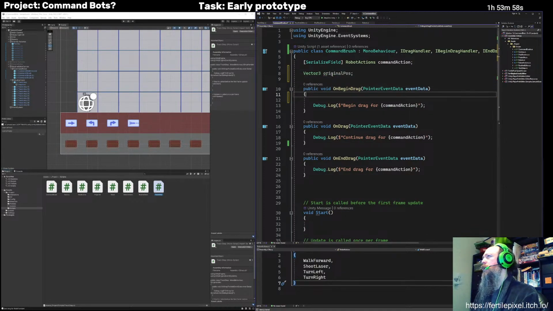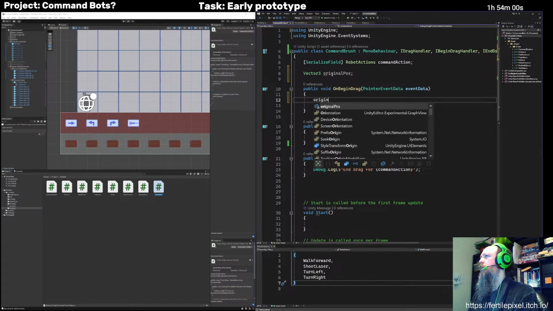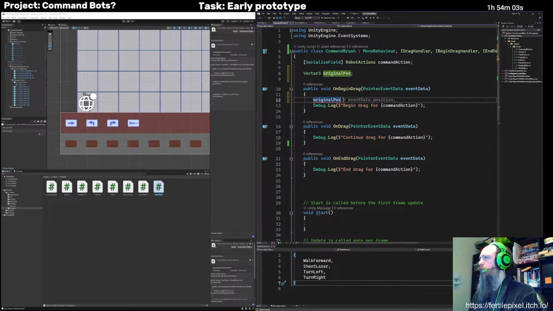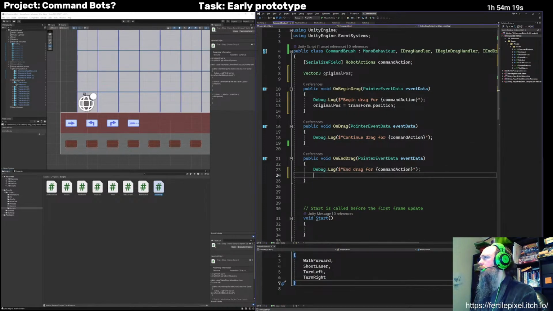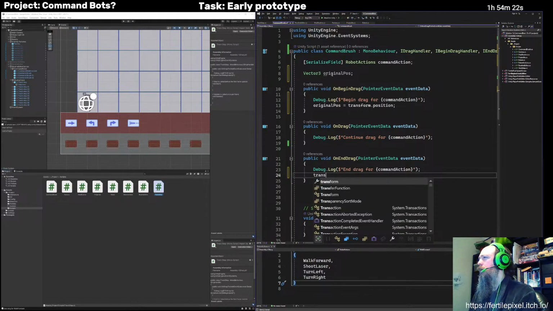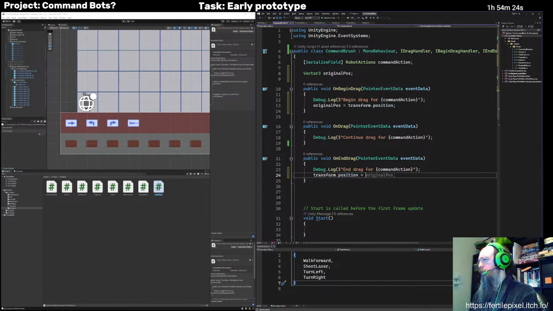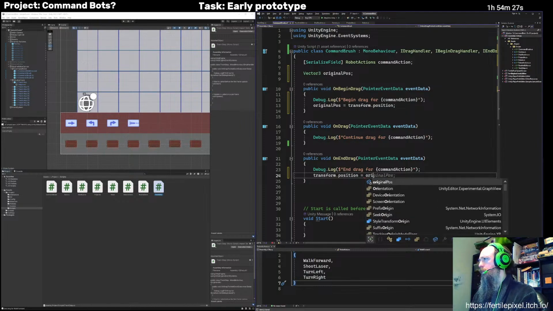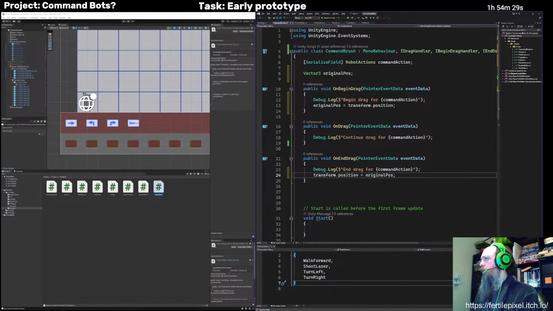It's going to be 0, 0, 0, but that's fine. Okay, so we're grabbing that position, and then at the end of the drag, we basically just go numbers. And in between,